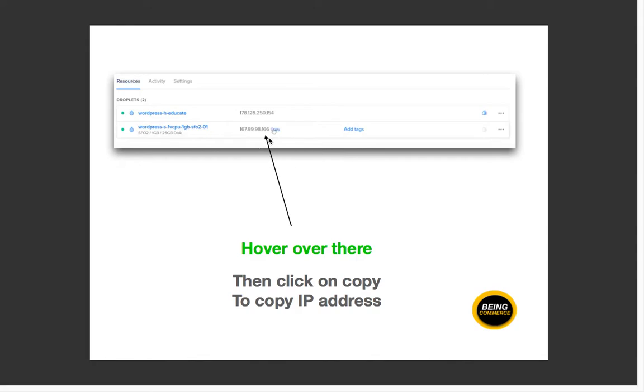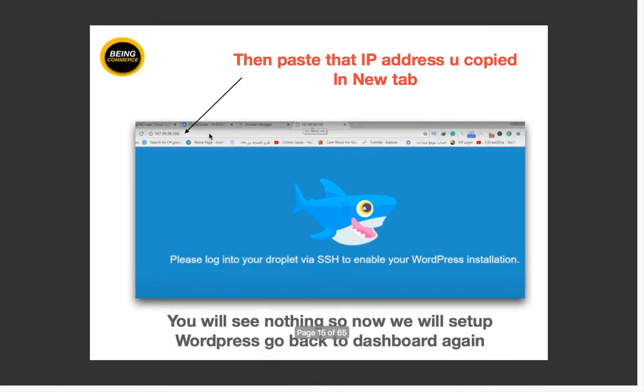Now guys, when you hover over the IP address, you will see a copy option. You simply have to copy that, open a new tab, paste the copied address there and hit enter. You will see an interface like this. This shows that our WordPress is not yet installed. So now we need to install our WordPress.